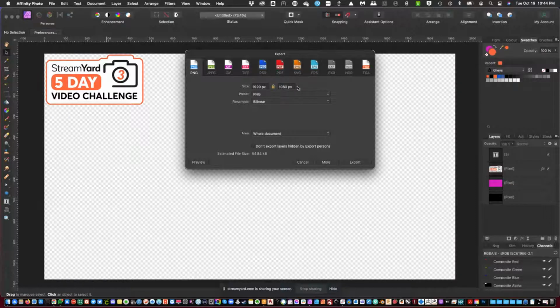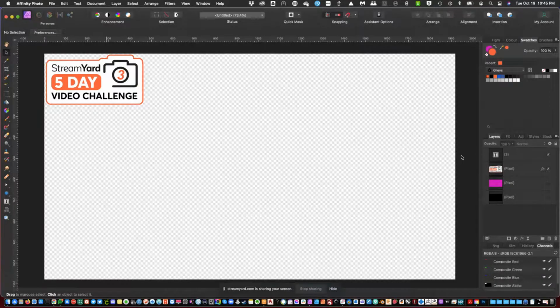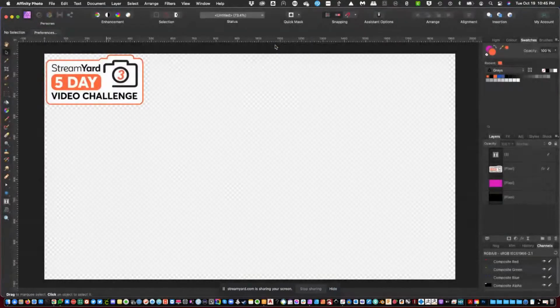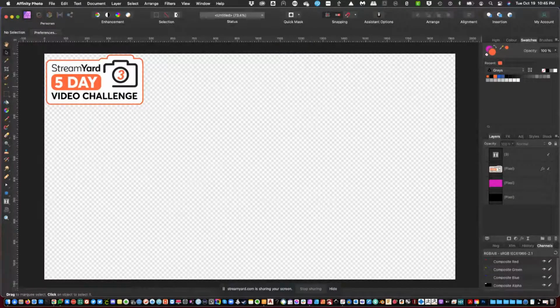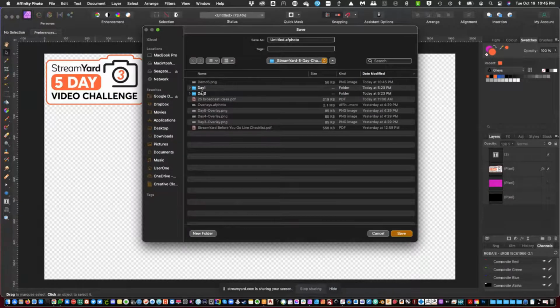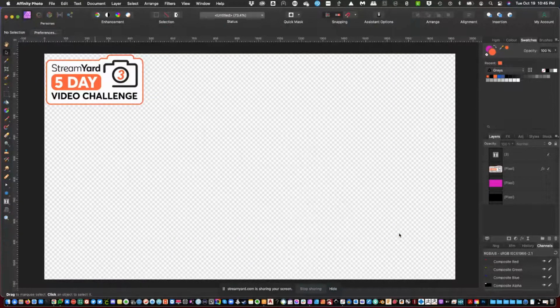It's going to do 1920 by 1080 PNG. And we can export that. And we'll call it 5. And then what I'm going to do is, we're done in here. Let's just save that. Demo 5. Notice it saves it as an AF photo, Affinity photo file. That's their format. It maintains all the layers and everything. Now,